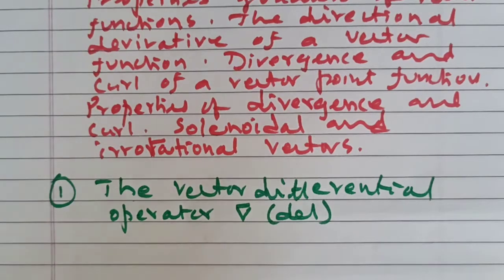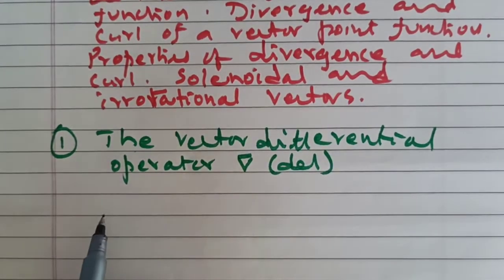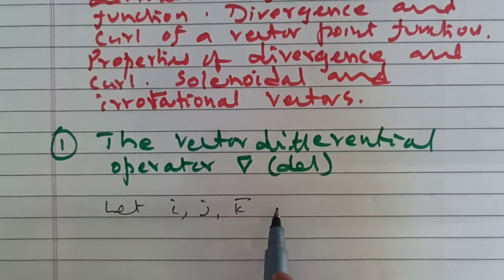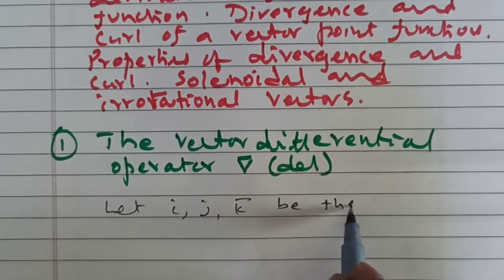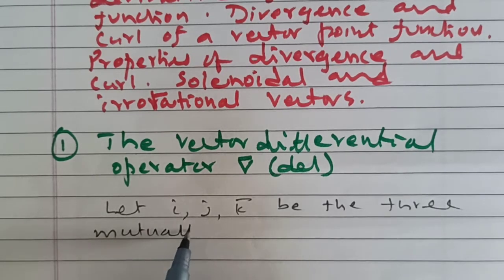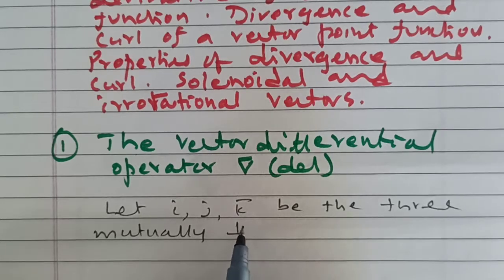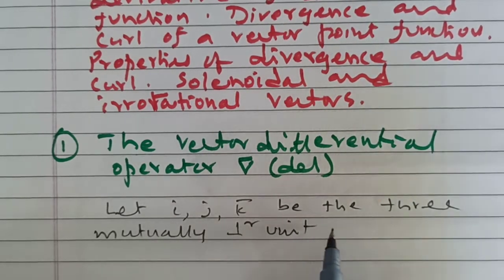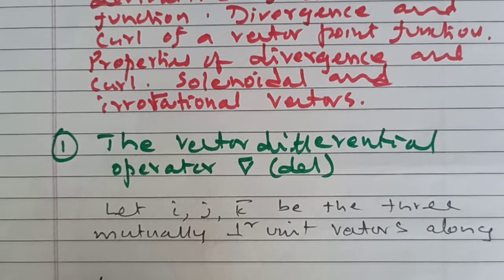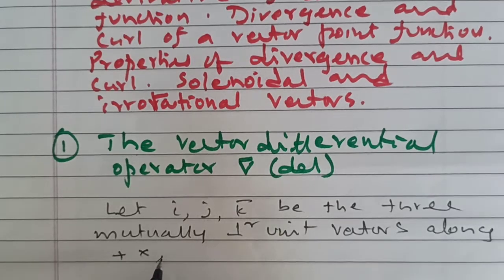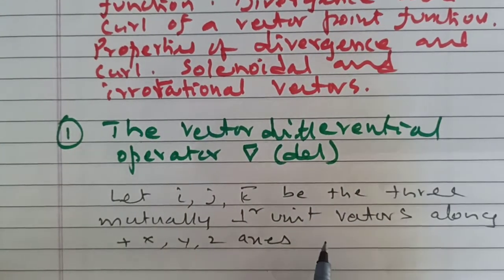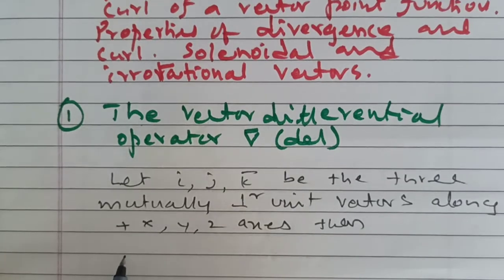Let i bar, j bar, k bar be the three mutually perpendicular unit vectors along positive x, y, z axis. Then del is equal to